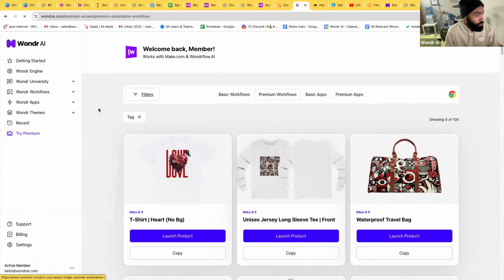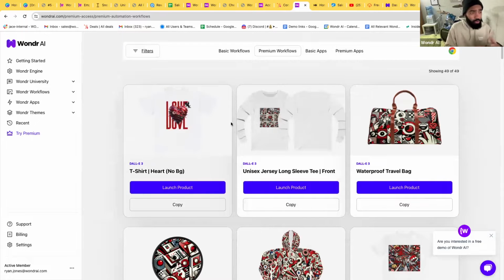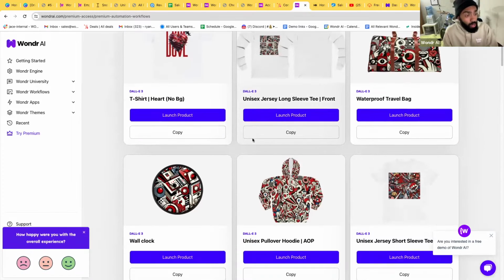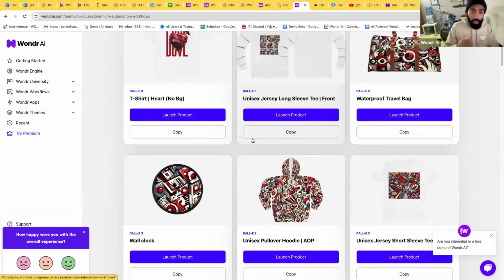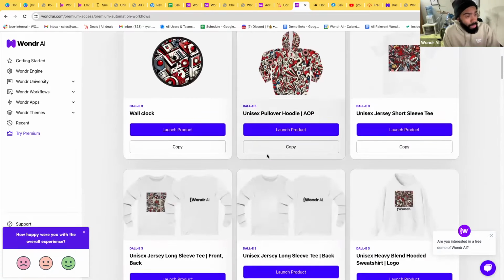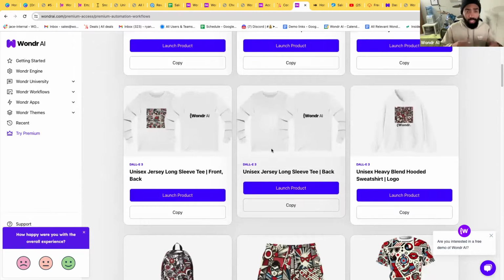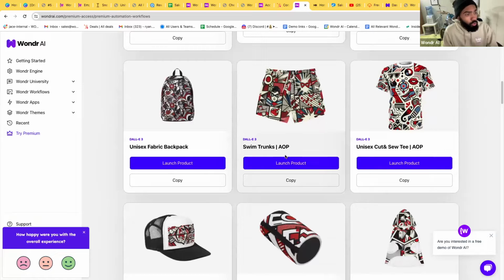Now I want to take you to the workflows. These workflows are super, super helpful because our team has taken the time to actually map out these different products that you see before you. So back in the olden days, you used to have to place a design or an image on a product to make it fit that product perfectly, the placement, everything like that. So with these workflows,